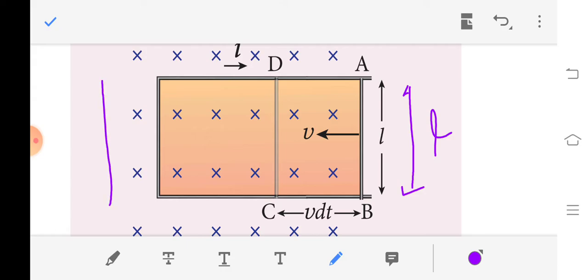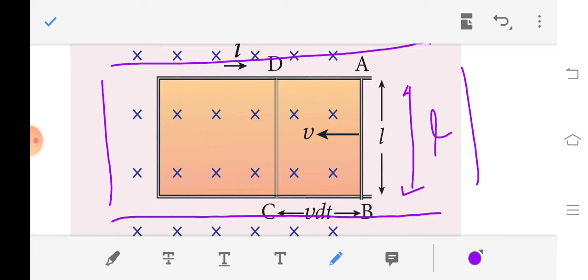This is the rectangular frame, and this is the length of the rod AB. The whole arrangement is placed in a uniform magnetic field whose field lines are perpendicular, directed into the plane of the paper. When the rod moves from AB and reaches DC in a time duration dt,